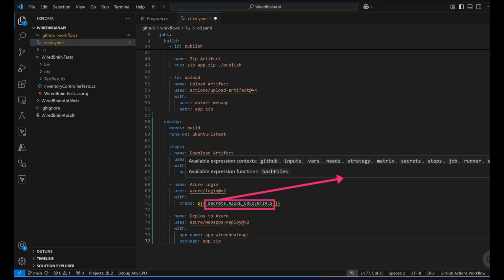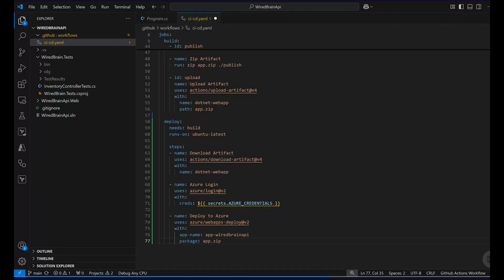The next thing is the use of these different types of contexts. GitHub provides a handful of different contexts which all serve different purposes. However, in this instance, we are referencing a secret using the secrets context. Secrets in GitHub are a way to store sensitive data such as login credentials in a secure manner. This solves the problem of your pipeline needing sensitive credentials in order to do a deployment while avoiding checking in sensitive